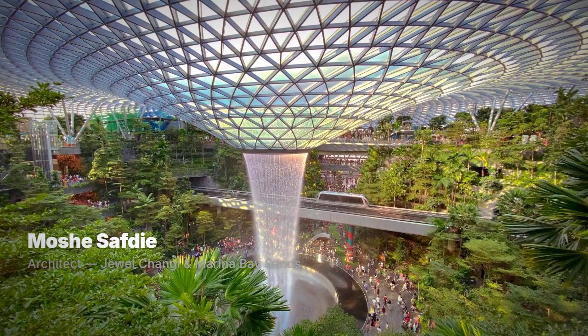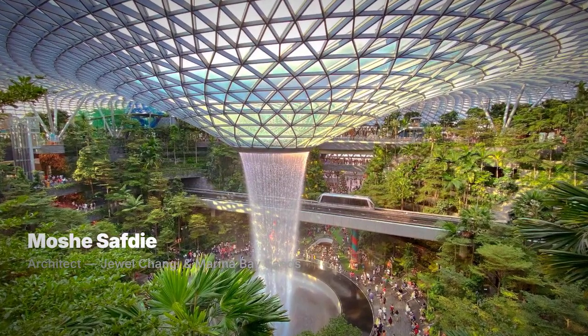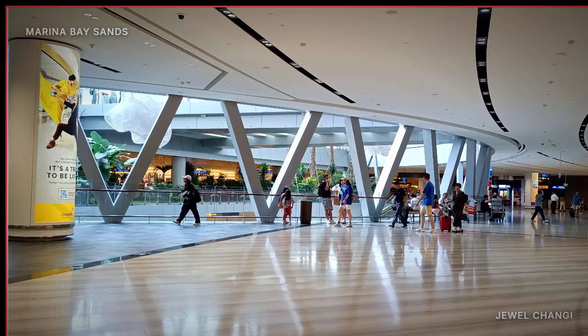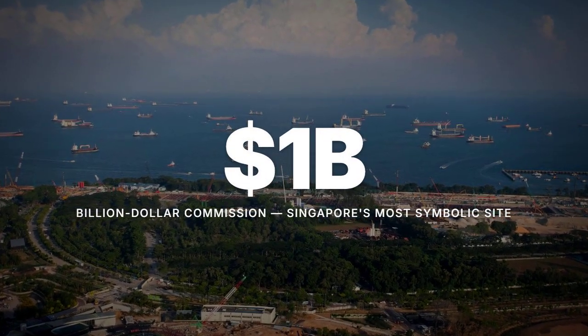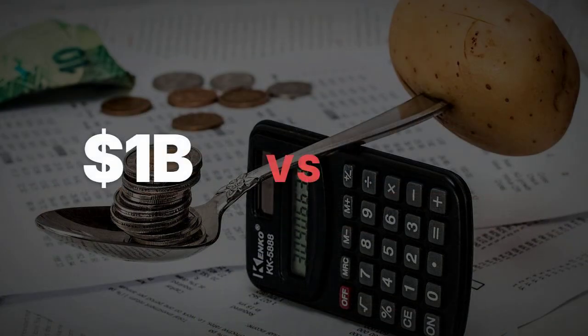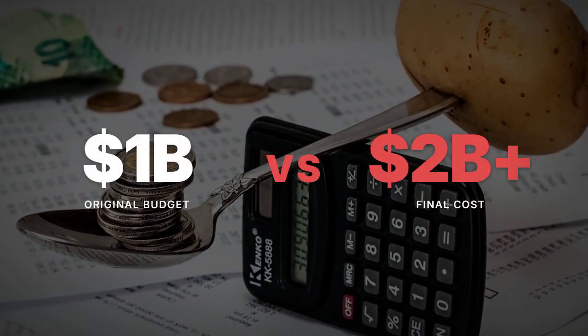Jewel's toroidal glass and steel facade was designed by a consortium of architects led by Moshe Safdie, who also designed Singapore's Marina Bay Sands. This was the second time Safdie had been handed a billion-dollar commission on Singapore's most symbolically loaded site. The first time, the project ran years behind schedule, and its final cost ballooned to more than double